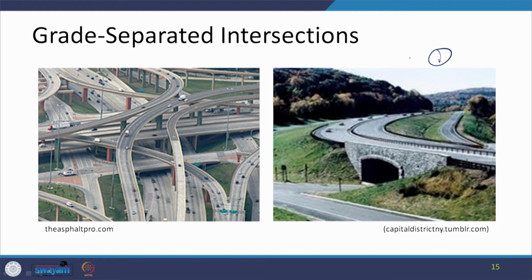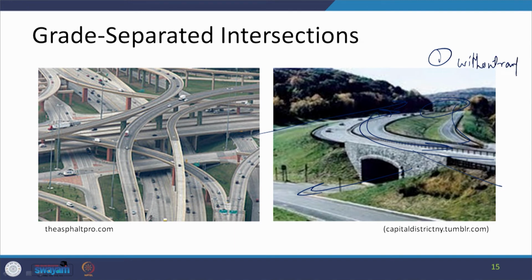Let us talk first of all here. What you find is that there is traffic moving in this direction at the top, and there is a crossroad, and this crossroad traffic is going at the bottom of it. But then we are not providing any such conditions that there is a road which is coming from the side and meets the top road at some distance away, and that may be an at-grade intersection, of course. But if this type of separation is being done, it can also be considered as, say,